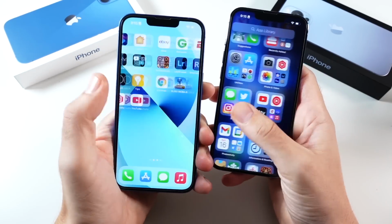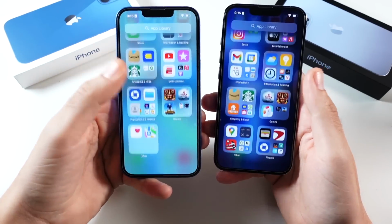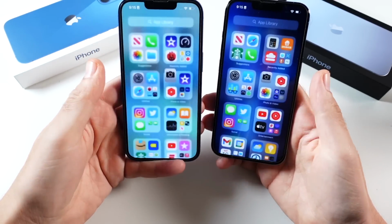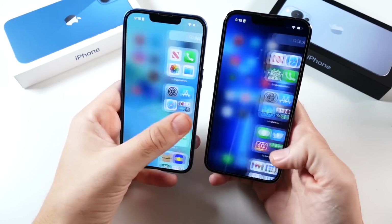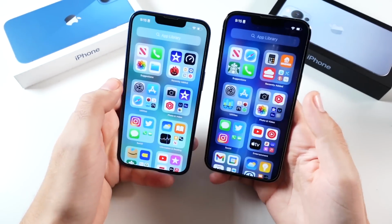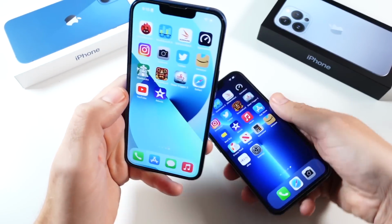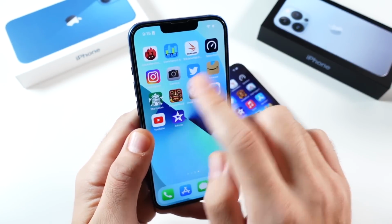Widget support on both of them, app libraries on both of them, improved FaceTime features, focus features, same longevity with software support, same chip, same experience. They don't give you any pro extra features besides maybe a couple things in the camera. But I gotta say, either way you go, long support, very good software, and both of them are going to give you that same experience. Now, when it comes to the performance elements, there's one separator between both of these,